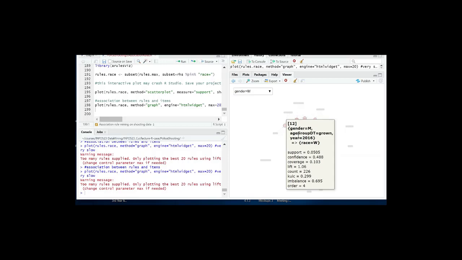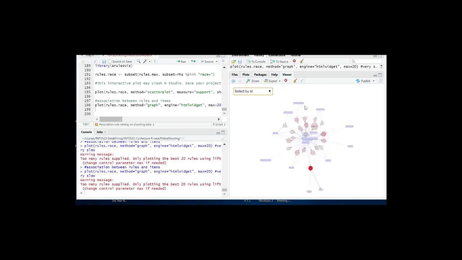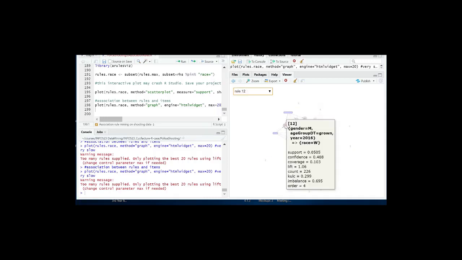Gender is male and race is white, and here are our scores. If we click on this, and then we can actually examine this particular rule, which is rule 12. We can see the direction of those rules